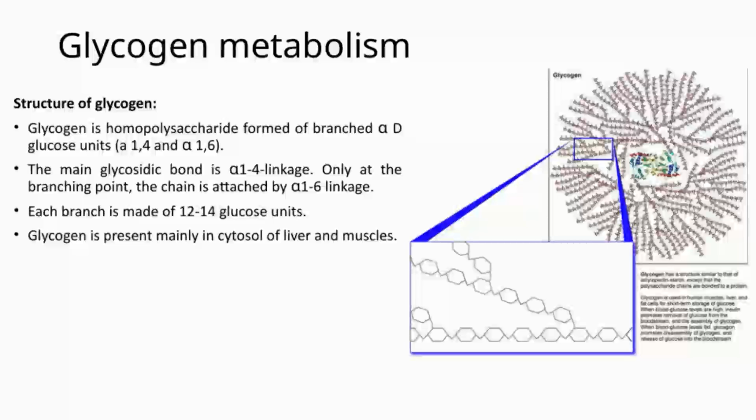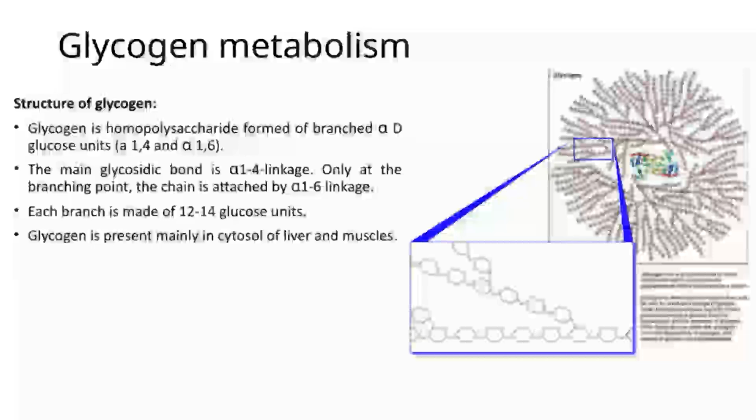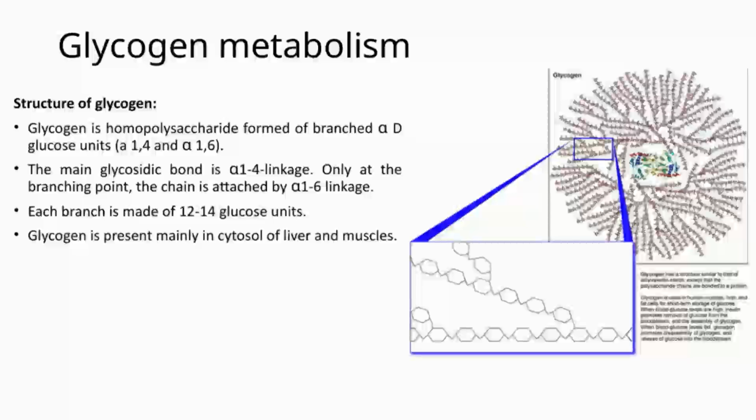These branch points are critical because they create a highly branched, tree-like structure. Each branch typically contains about 12 to 14 glucose units, which allows for rapid mobilization of glucose when needed. Most of the glycogen in our body is stored in the cytosol of liver and muscle cells. This strategic location enables quick access to energy, whether it's for maintaining blood glucose levels or fueling muscle activity during exercise. Understanding this structure is fundamental because it underpins how glycogen is synthesized and broken down, ensuring our bodies have